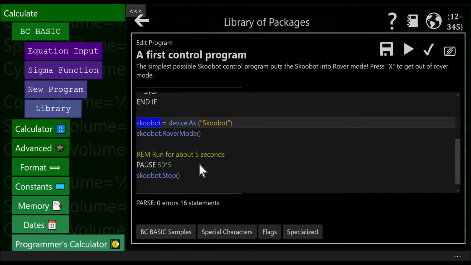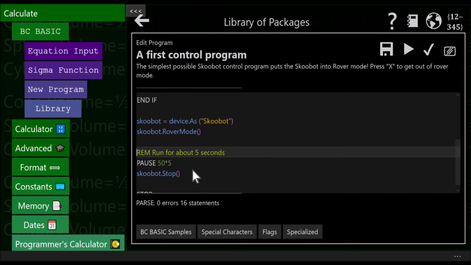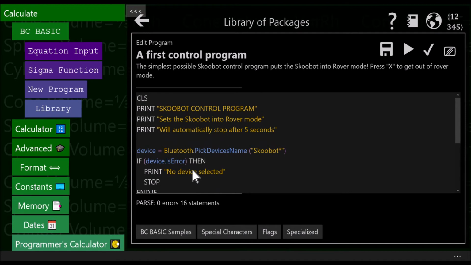And then I set a new variable SkoobBot to be this SkoobBot as, and then I just call SkoobBot.rover mode, and it will go into rover mode. And then I'm going to pause for about 5 seconds, and then I'll call SkoobBot stop. So this program all by itself, and then stop at the end, stops. REMS, by the way, stands for remark. All this program does is it lets you pick a robot, handle the error, and then go into rover mode. That's why it's the first control program. It's the shortest possible real program that lets you get up and get going with